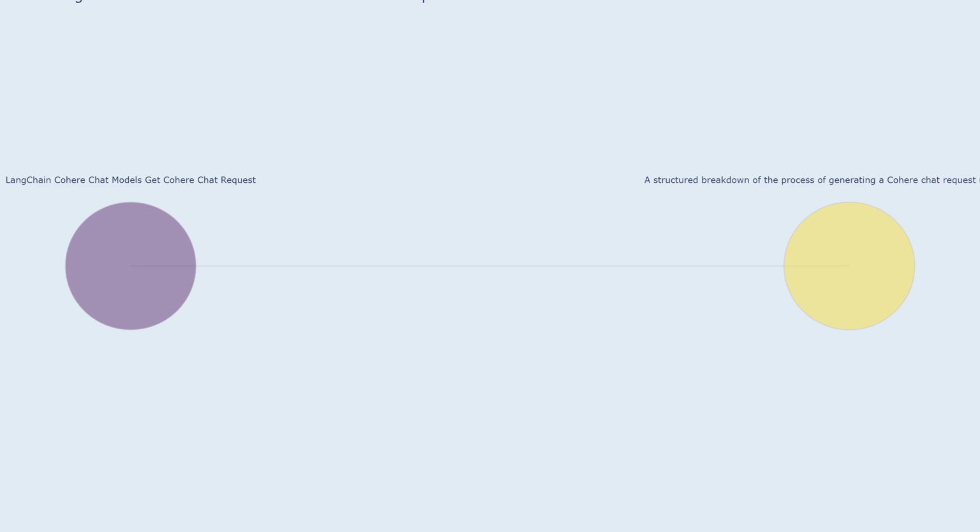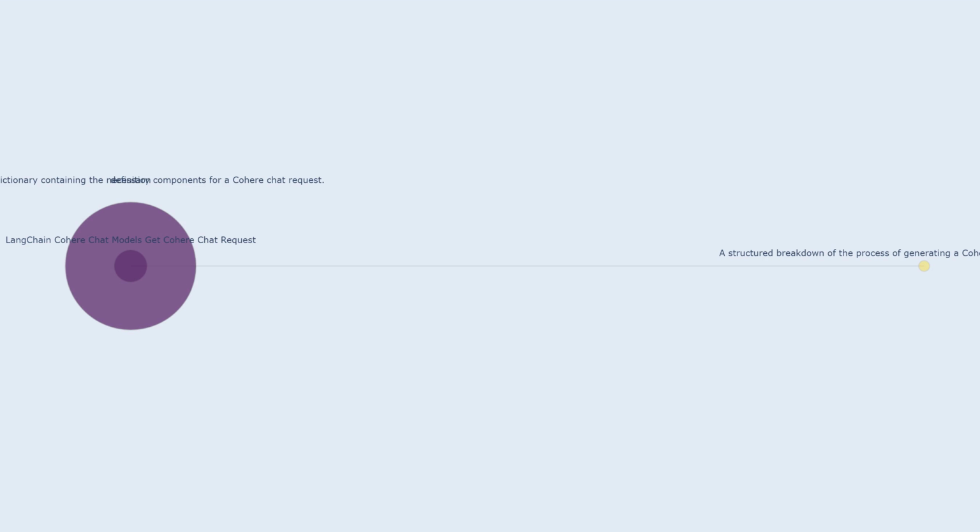LangChain Cohere chat models: get Cohere chat request. A detailed description of how to generate a Cohere chat request using LangChain. It constructs a dictionary containing the necessary components for a Cohere chat request. Component 1: The name of the Cohere model to use for generating responses. For example, Command X large nightly or Command 4x4 nightly are Cohere models suitable for chat